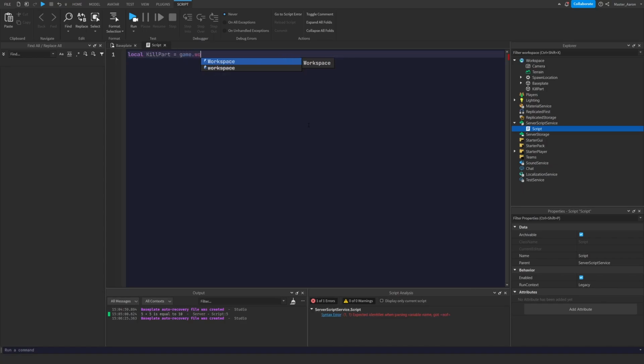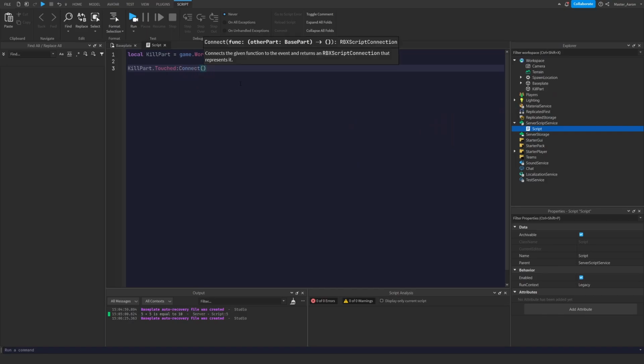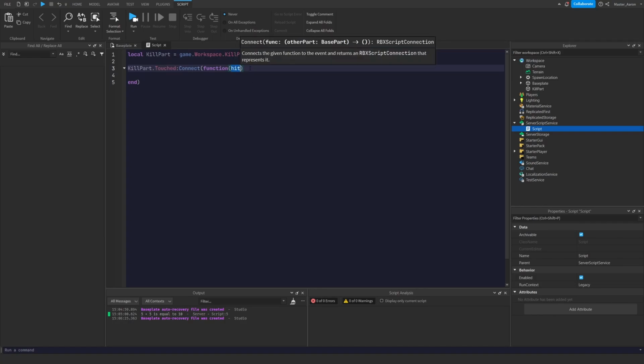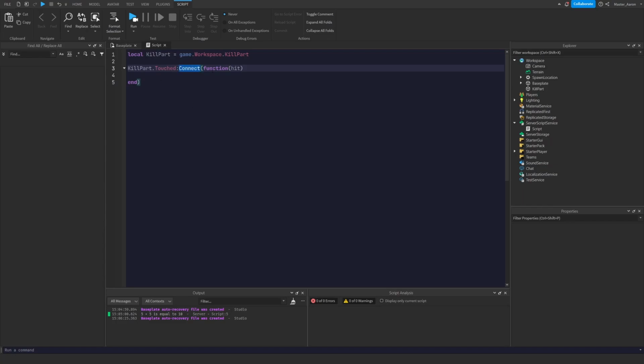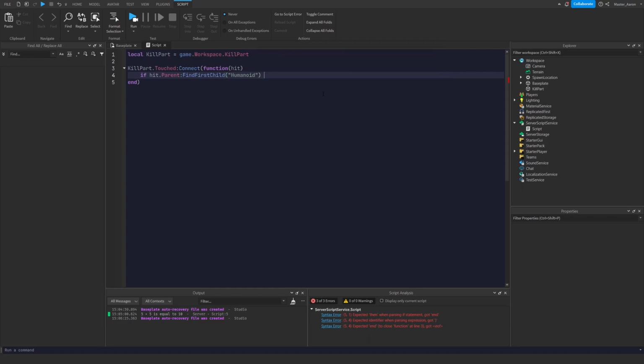It's game.Workspace.KillPart. And I'll make an event. So the .Touched event, if you remember from last video, events give arguments, and so the argument that the .Touched event gives is whatever touched the part. So we can say killPart.Touched:Connect(function(hit). So we can say if hit.Parent:FindFirstChild("Humanoid"), then print